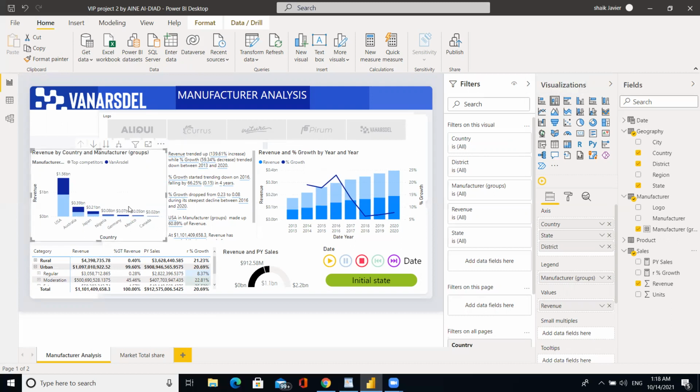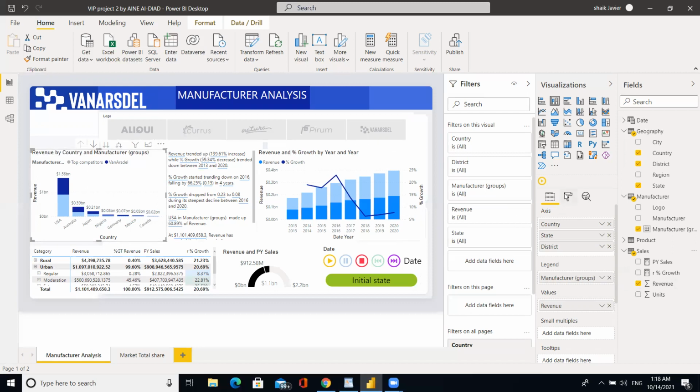In the geography table, we use country, district, and state. In manufacturer, we use manufacturer groups, that is top competitors and vendor sale. According to the sales, we use the revenue, which state has how much revenue, and like that.